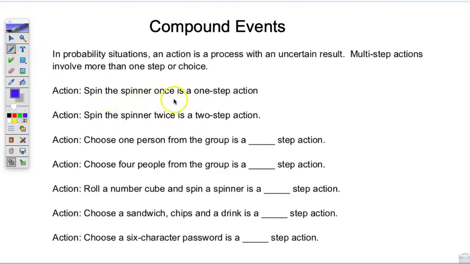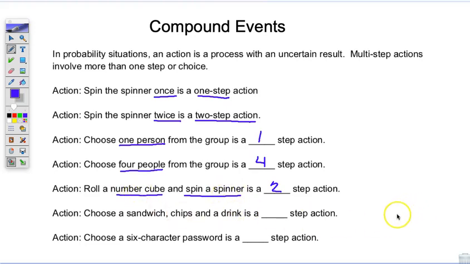Spin the spinner once is a one-step action. Spin the spinner twice, it is considered a two-step action. Choose one person from the group is a one-step action. Choose four people from the group is a four-step action. Roll a number cube and spin a spinner is a two-step action, since you're rolling a number cube and also